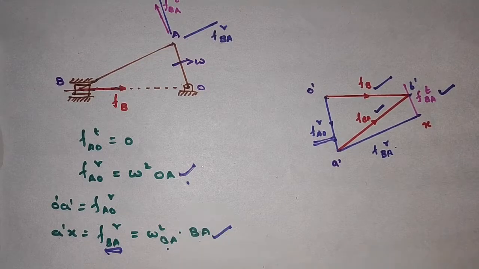If the system is more complex, the acceleration polygon also becomes slightly complex, because every system is not purely a 4-bar mechanism or purely a slider crank mechanism. There can be a mix of 4-bar and slider crank mechanisms. We shall take up those types of examples when we take up video lectures on examples to determine the velocity and acceleration using the graphical method. So friends, that's all for this lecture on determining the acceleration of a slider crank mechanism graphically.